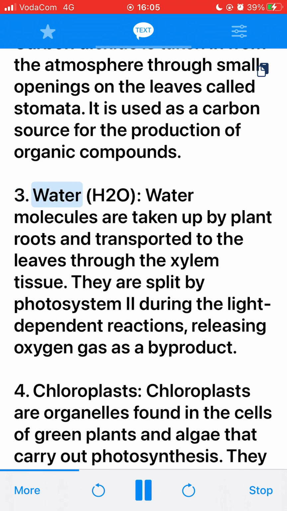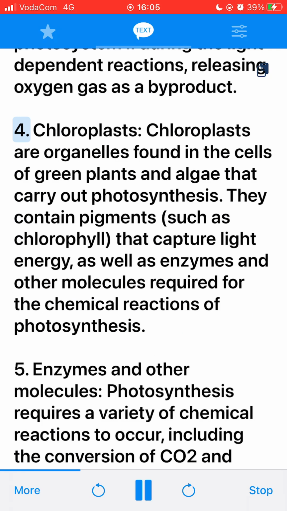3. Water, H2O. Water molecules are taken up by plant roots and transported to the leaves through the xylem tissue. They are split by photosystem II during the light-dependent reactions, releasing oxygen gas as a byproduct. 4. Chloroplasts. Chloroplasts are organelles found in the cells of green plants and algae that carry out photosynthesis. They contain pigments such as chlorophyll, that capture light energy, as well as enzymes and other molecules required for the